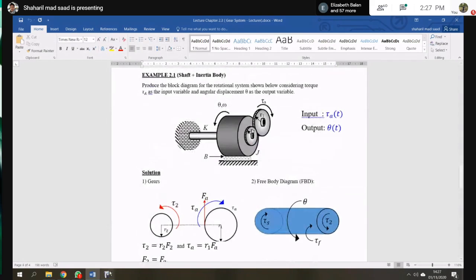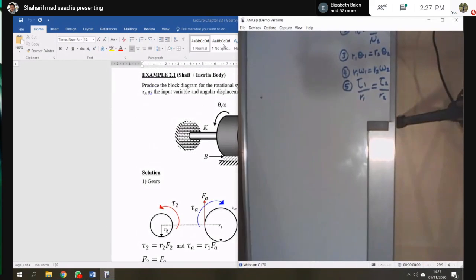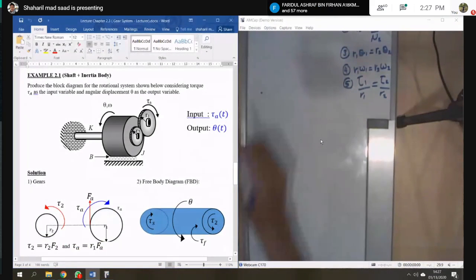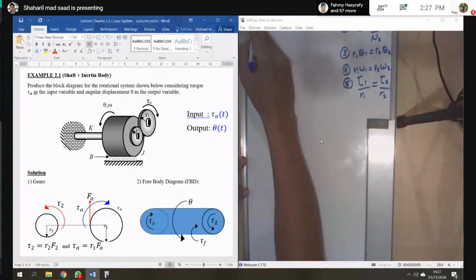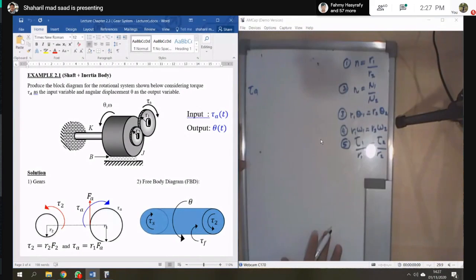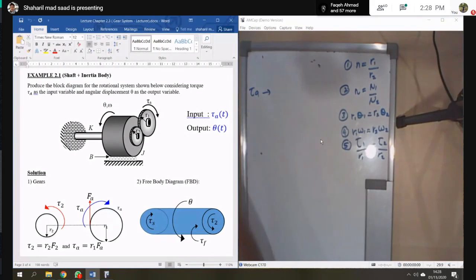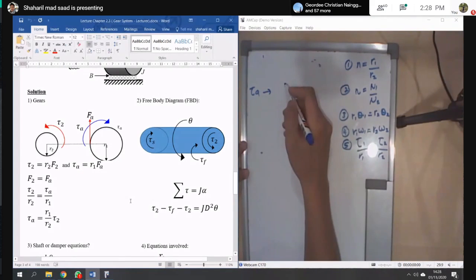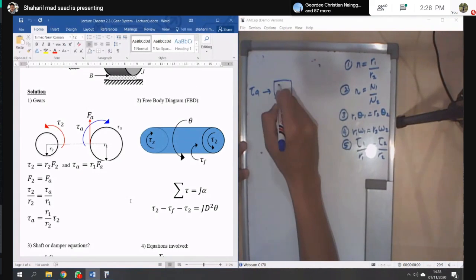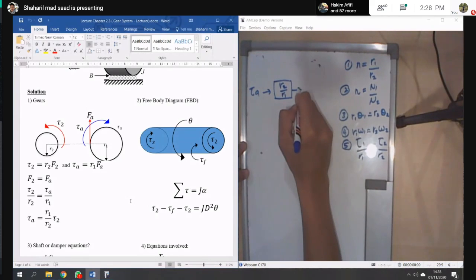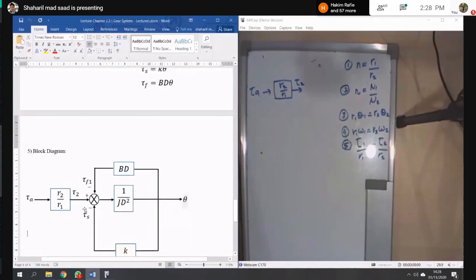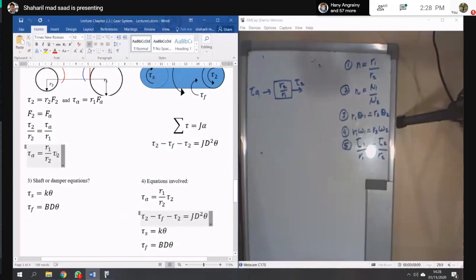So from the block diagram, your input now is TA. This is your TA, your input. Then we try to solve equation number one. R2 over R1, then you got T2. So we can start from equation number one, from the input T2, and then you can solve